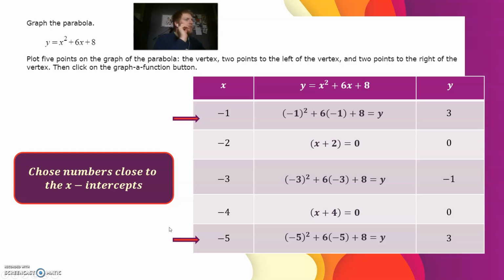Okay. Last, we'll pick some numbers that are pretty close to our x-intercepts and between our x-intercepts and our vertex. So I plugged in ones that are close by. So I plugged in negative 1, and when you do that, you happen to get 3 out. And I plugged in negative 5 because it's near this other zero, negative 4. And when you plug that in, you also happen to get 3. It's not surprising. Notice that this is our middle number, our vertex. And then the two above it have the same y values, and the two above that have